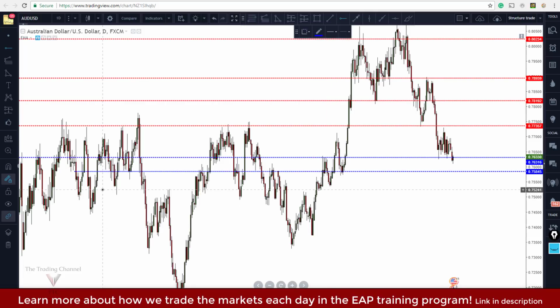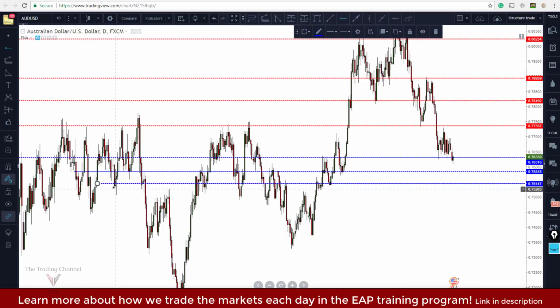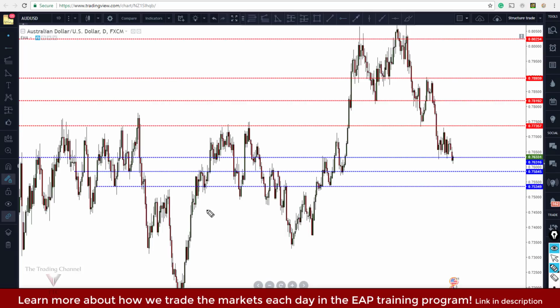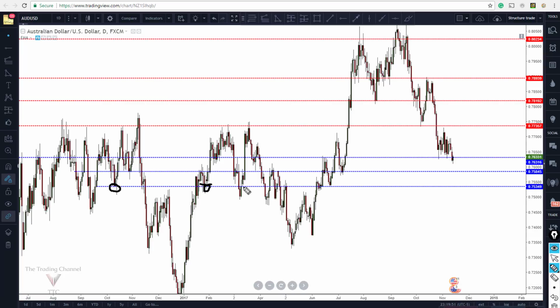The first level that stands out to me is right in here. And the reason is because this level was used as support by the market multiple times in through here. You can call this being used as resistance right through here, resistance again here, and then support once more here. So that level could, if the market decides to break through these levels, act as support once again, and that's